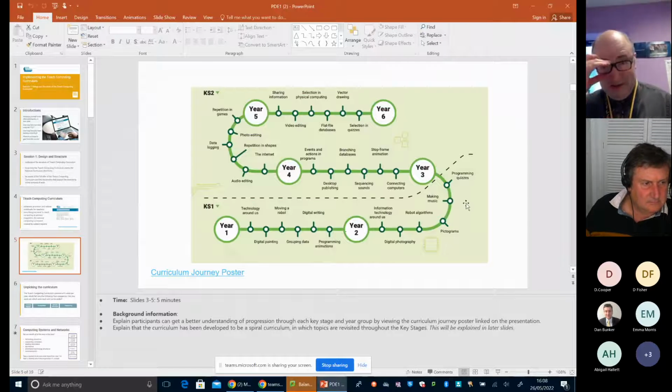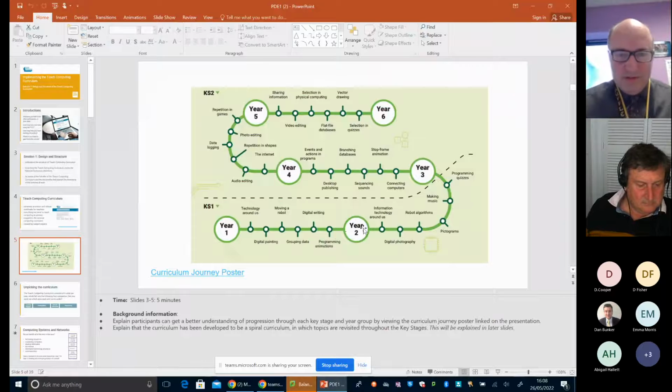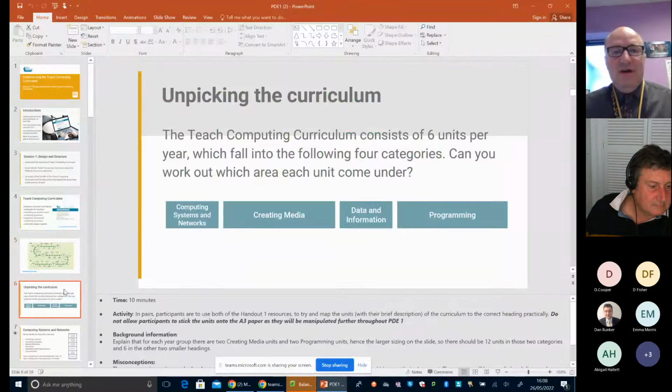I used this when we were recently Ofsteded, to show Ofsted what we've done in our schemes of work, and they loved this, and we got an outstanding for it. So there you go. If you want to use any of this, like I say, it's all there. It's all free.